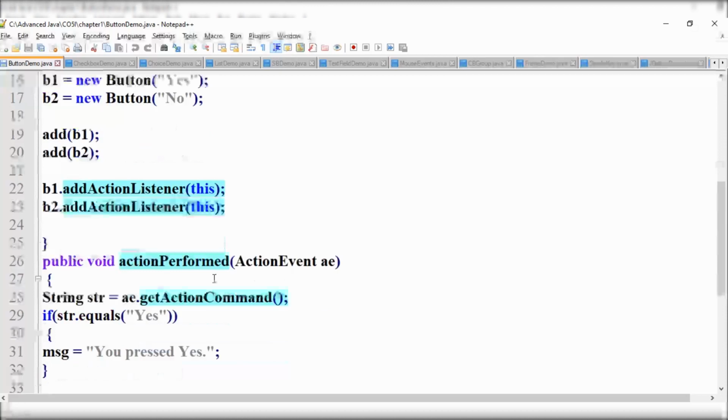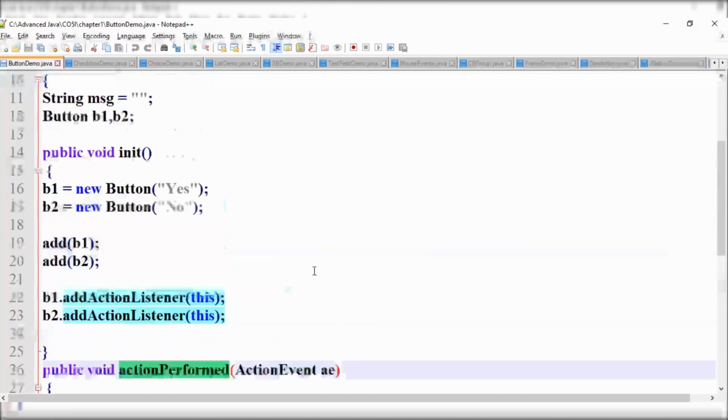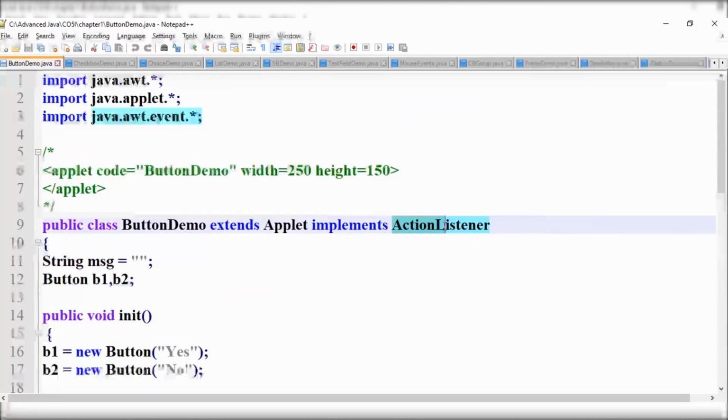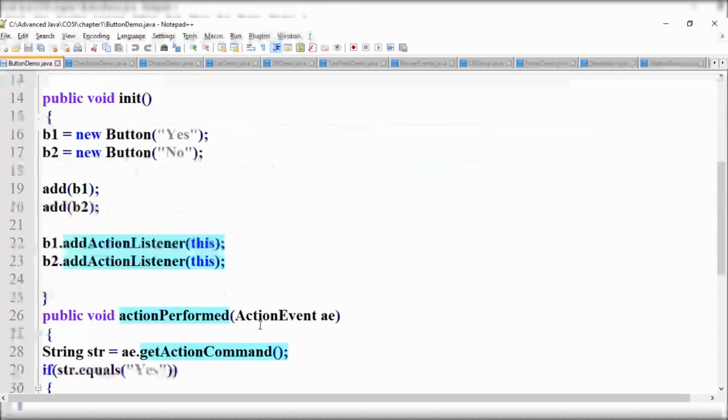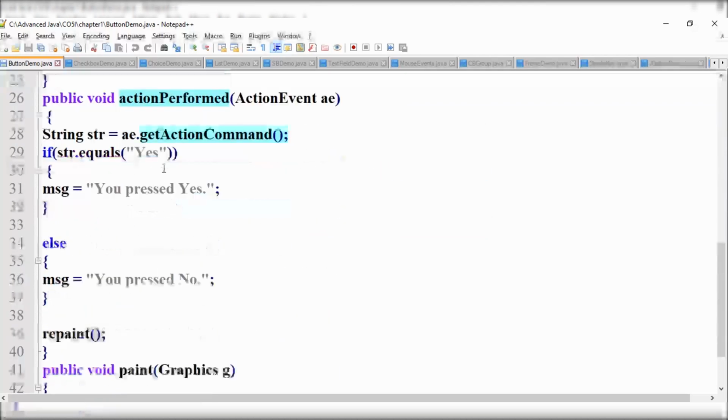This method is defined in the action listener interface, so we have implemented this interface. And this interface is defined by the package java.awt.event.*. That's why we have imported this package. Okay, so now we'll see the actionPerformed method.